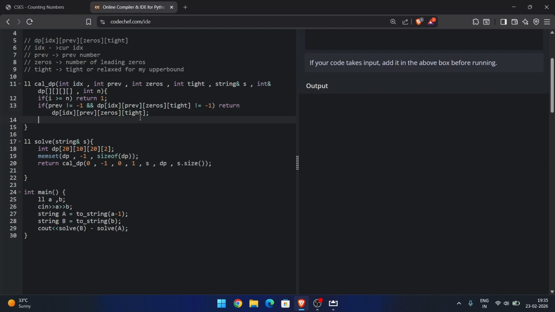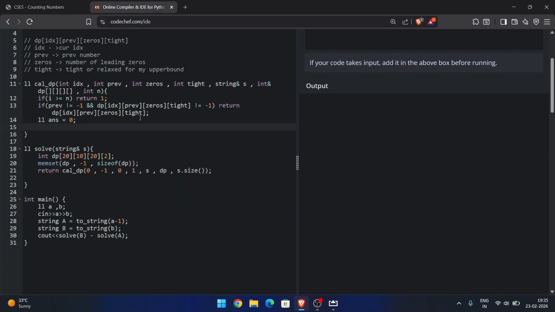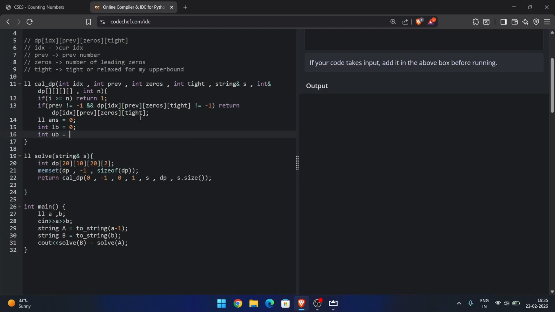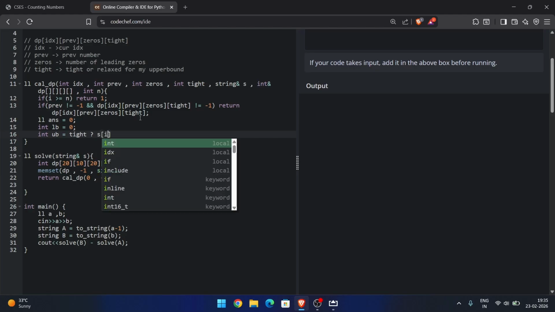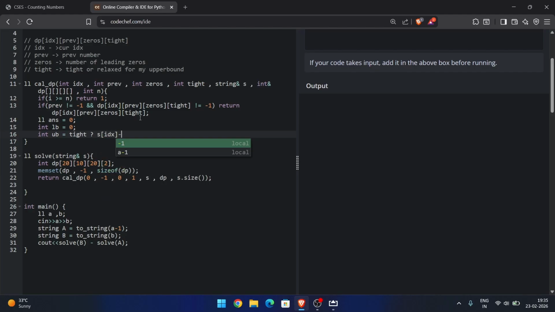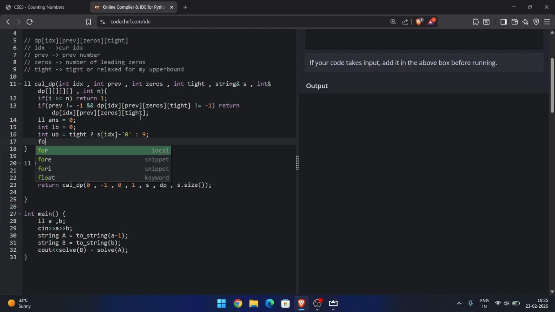So now what we would do, let's say our answer is 0. What would be our lower bound? It would be 0. What would be our upper bound? It would be 9. Now if we are tight, then it would be s of index. Otherwise it would be 9. So if we are not tight, then the number would be the index itself, otherwise it would be 9. So let's move towards